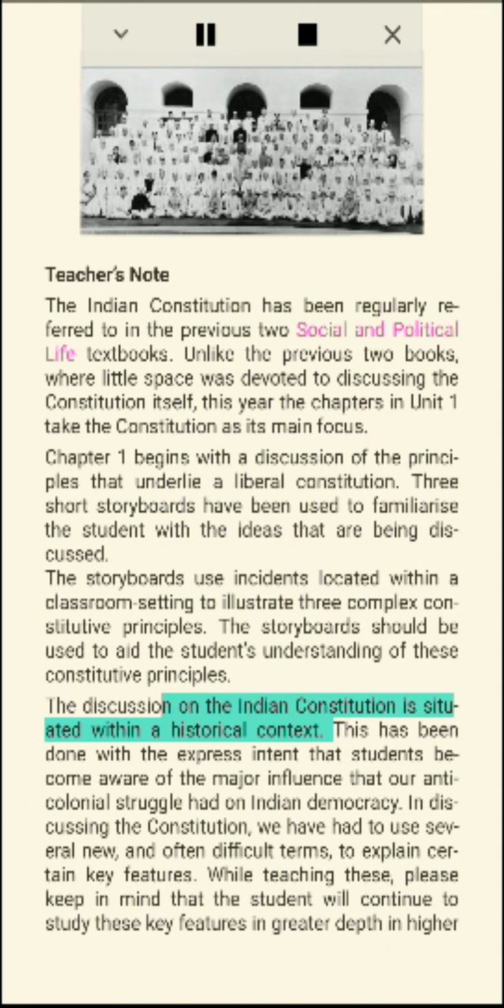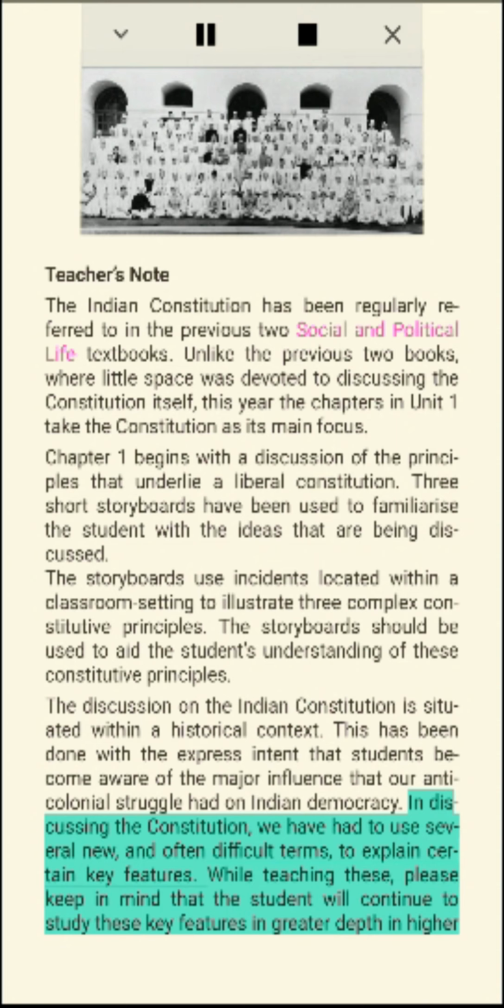The discussion on the Indian Constitution is situated within a historical context. This has been done with the express intent that students become aware of the major influence that our anti-colonial struggle had on Indian democracy. In discussing the Constitution, we have had to use several new, and often difficult terms, to